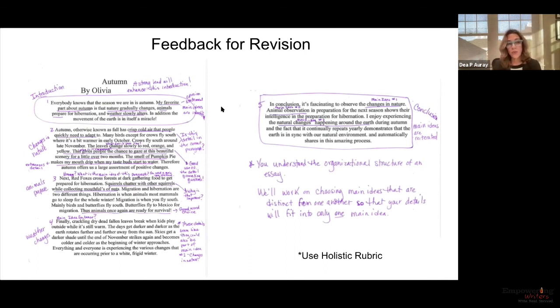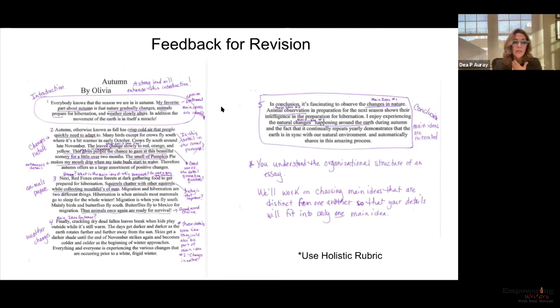So what we would do is something like this. We would take it through, and here is a completely annotated piece. Again, we always start with what's good. And if you look at these comments in here, you'll notice that there are some references to what we like. For example, a strong lead. When we get to the front, we actually start by labeling the introduction, labeling the conclusion, and then numbering the paragraphs. That way, all of my students can follow along.